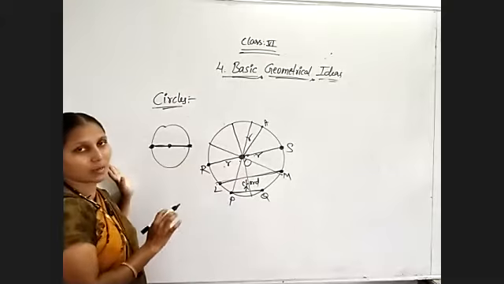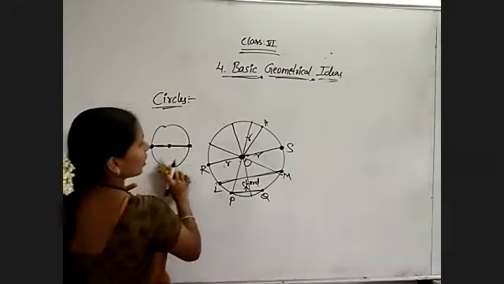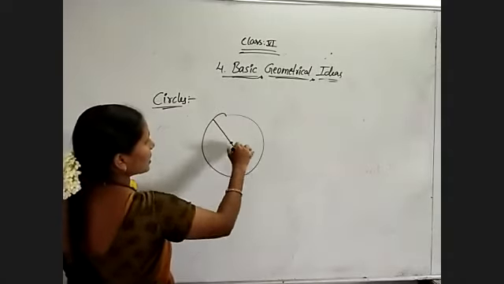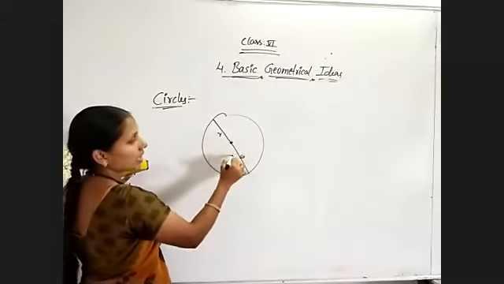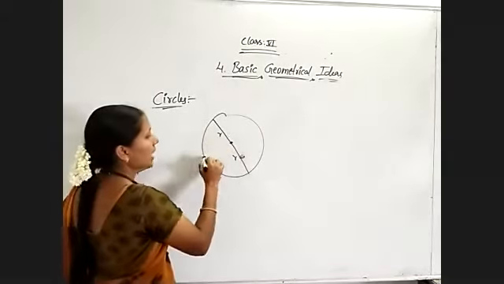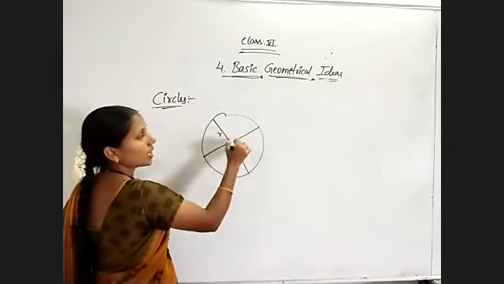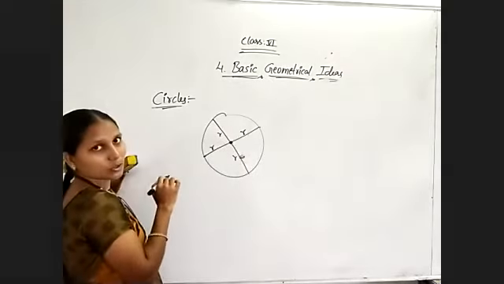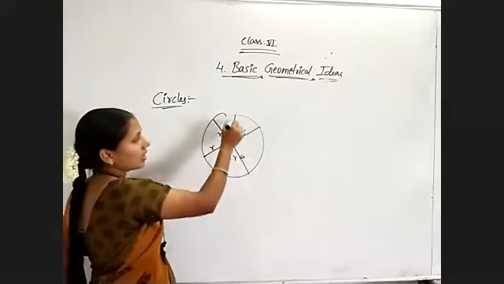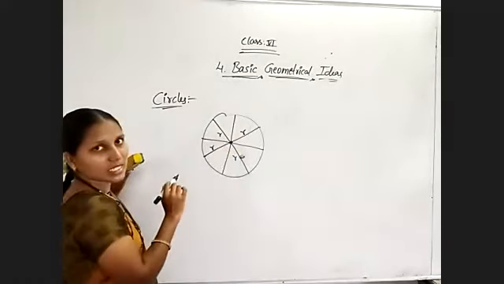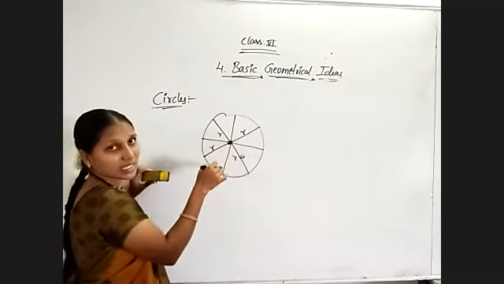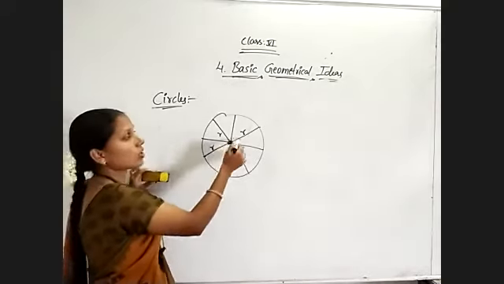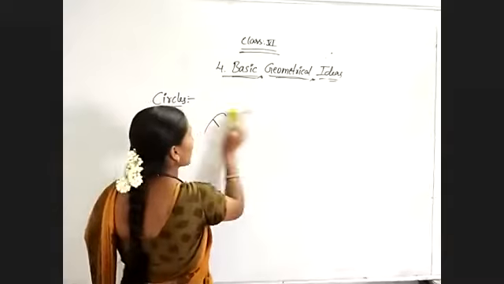Anywhere, any side, whatever diameter you are taking, for suppose, now I have drawn a chord which is passing through its center like this. That is nothing but radius plus radius, its length is 2r. And here also I am passing through it. Distance from the point to this one is a radius. Till this to this side is also a radius. Total distance is 2r, and it is the diameter. Anywhere you take, you are getting the diameter itself. So through one point we can draw so many diameters. Whatever length is given, that is fixed for the diameter, that is equal to twice the radius. So now take the definition of a diameter.